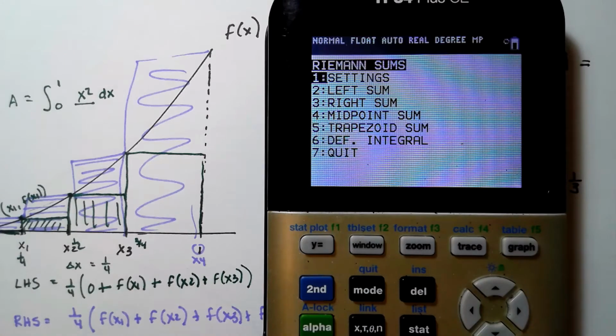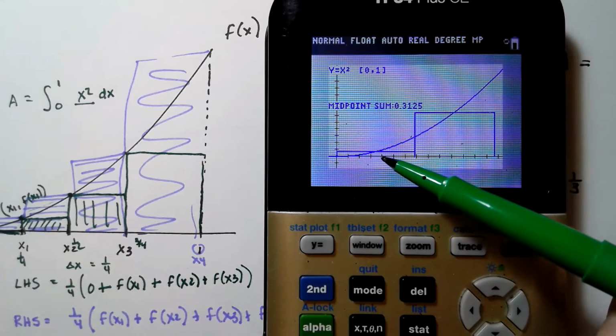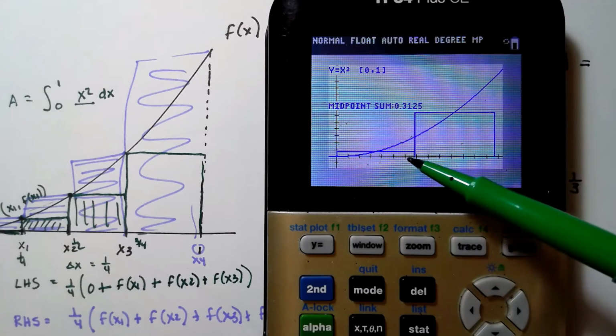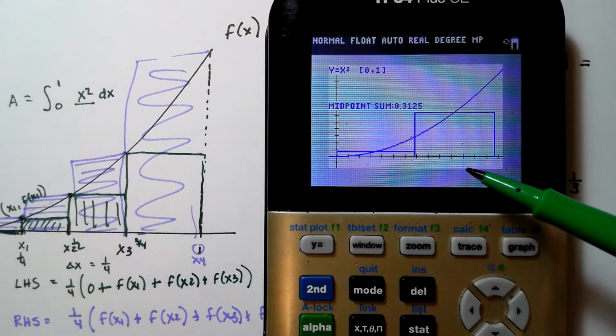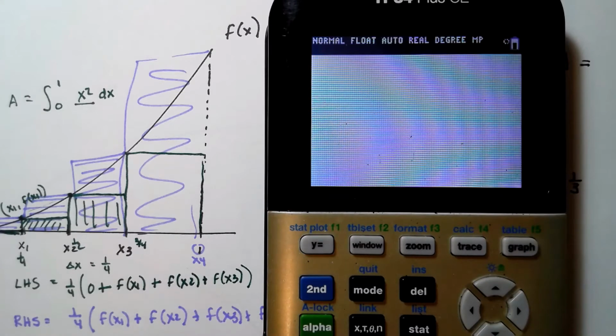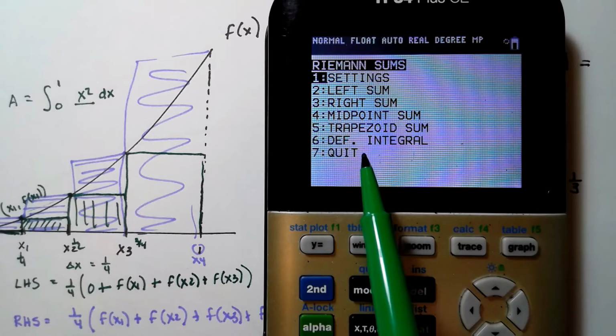Okay. If I want to do a midpoint sum, which you did on the exploration, all it's going to do is take the midpoint of each subinterval, go up, so you touch the curve and draw your rectangle. The midpoint sum is 0.3125, and if I click on 6, which is really what I want, the definite integral,